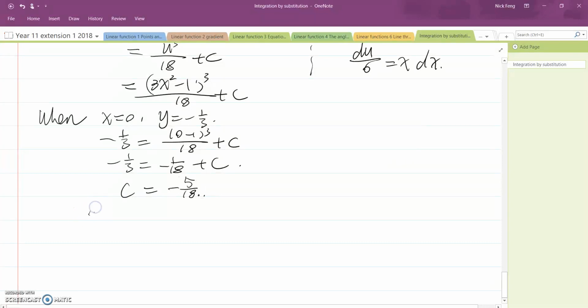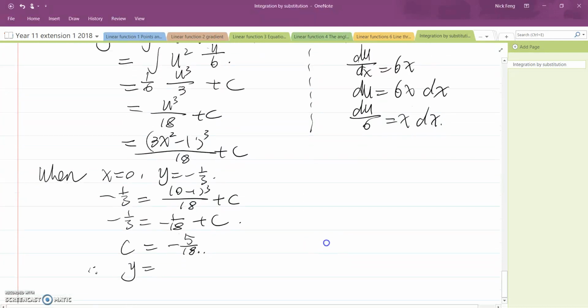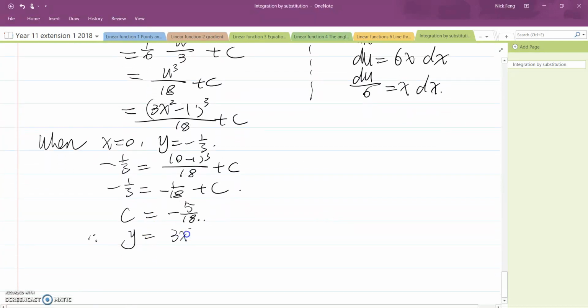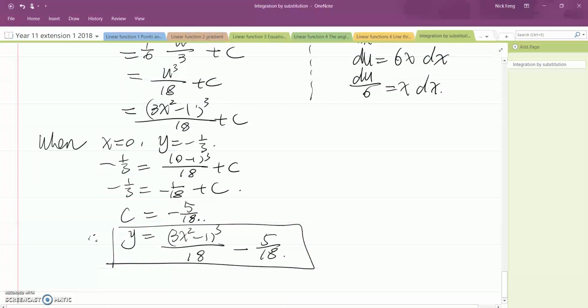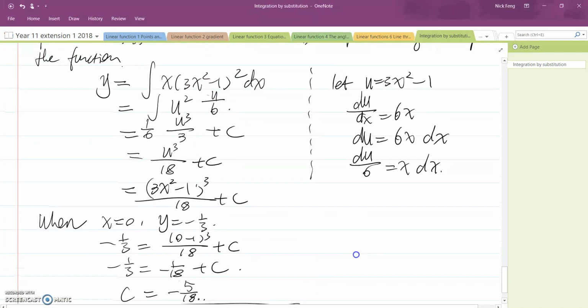Therefore, now you need to rewrite your function. Therefore y equals 3x squared minus 1 to the power of 3 over 18 minus 5 on 18. That is your answer. That is a complete answer for the function by finding the c through the set of values 0 and